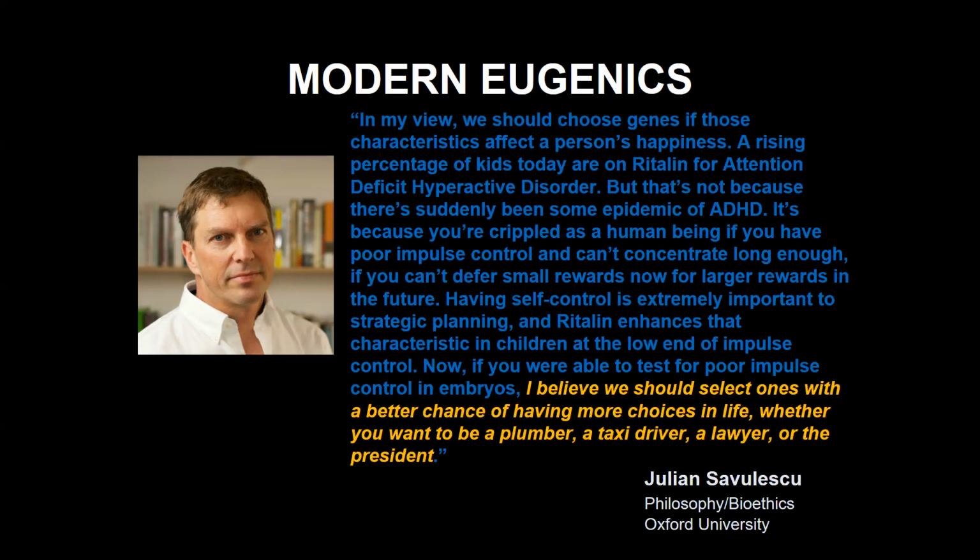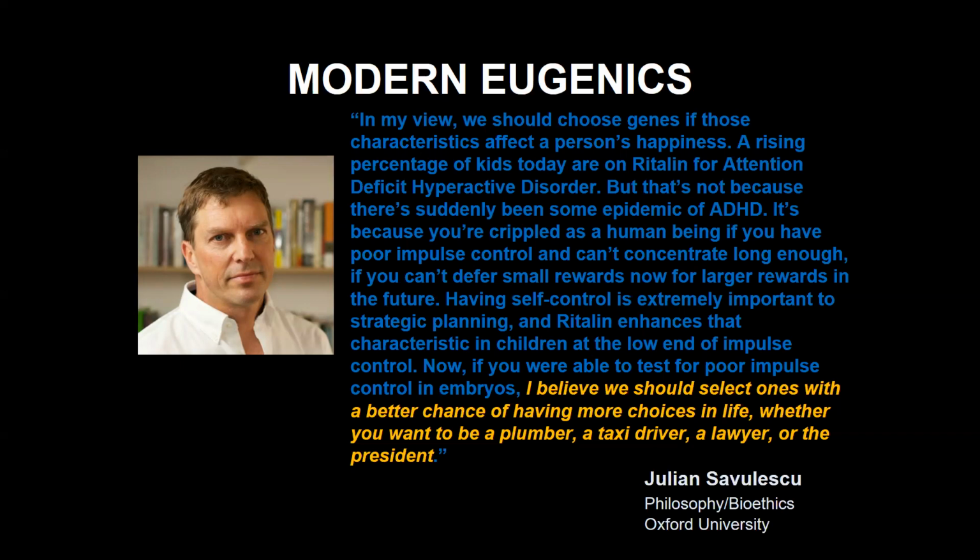Savulescu says further, in my view, we should choose genes if those characteristics affect a person's happiness. A rising percentage of kids today are on Ritalin for attention deficit hyperactivity disorder. But that's not because there's suddenly been some epidemic of ADHD. It's because you're crippled as a human being if you have poor impulse control and can't concentrate long enough, if you can't defer small rewards now for larger rewards in the future. Having self-control is extremely important to strategic planning, and Ritalin enhances that characteristic in children at the low end of